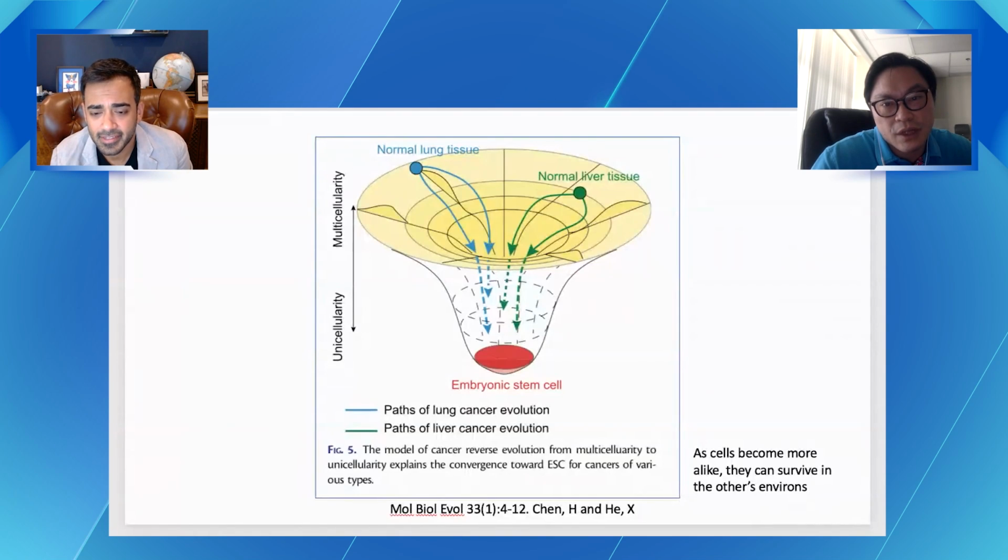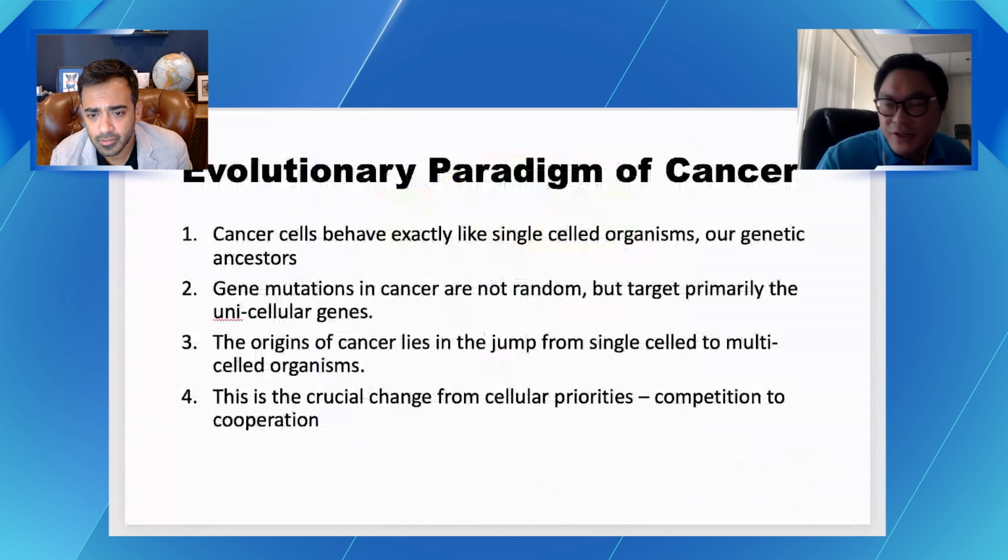The multi-celled organism is great because you can specialize, but the survivability is with the unicellular organism. So what you have is this normal lung tissue, which now moves back towards cellularity, towards the embryonic stem cell, and that explains how all these tissues develop. And the thing is that actually a lot of evidence exists